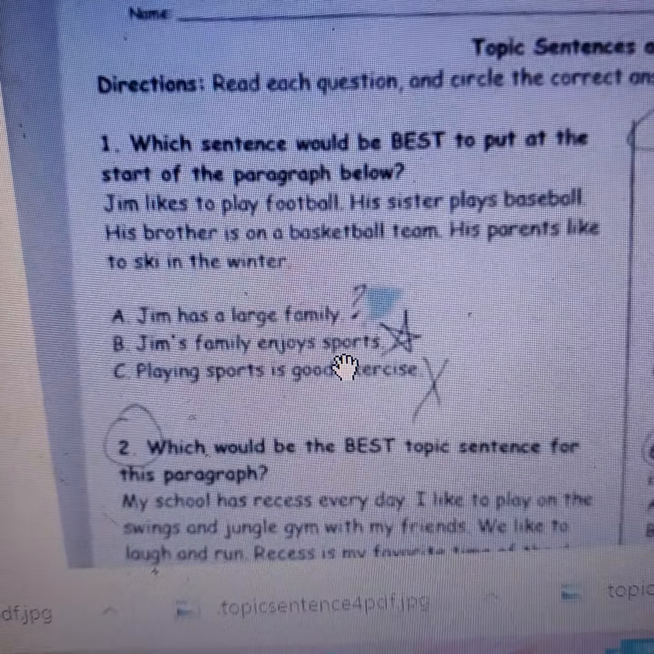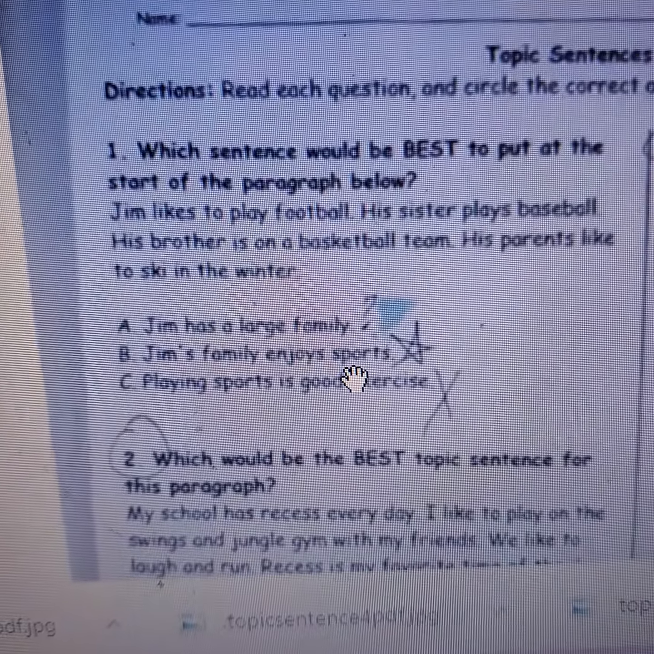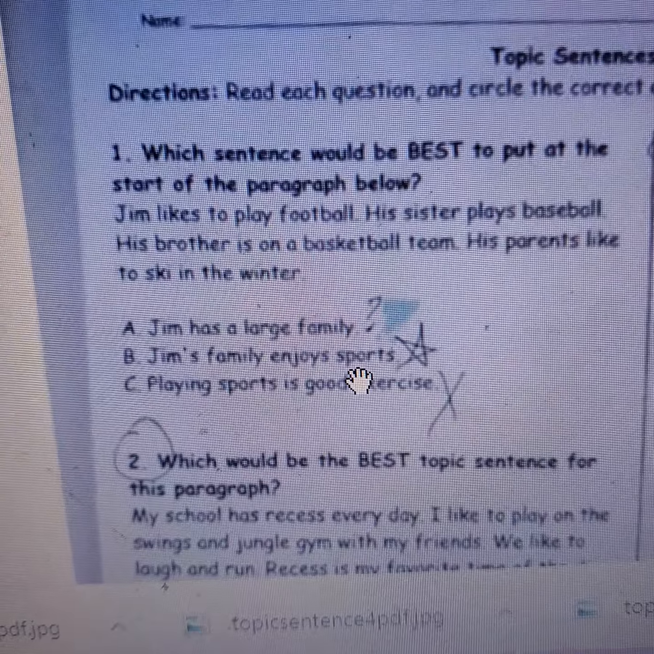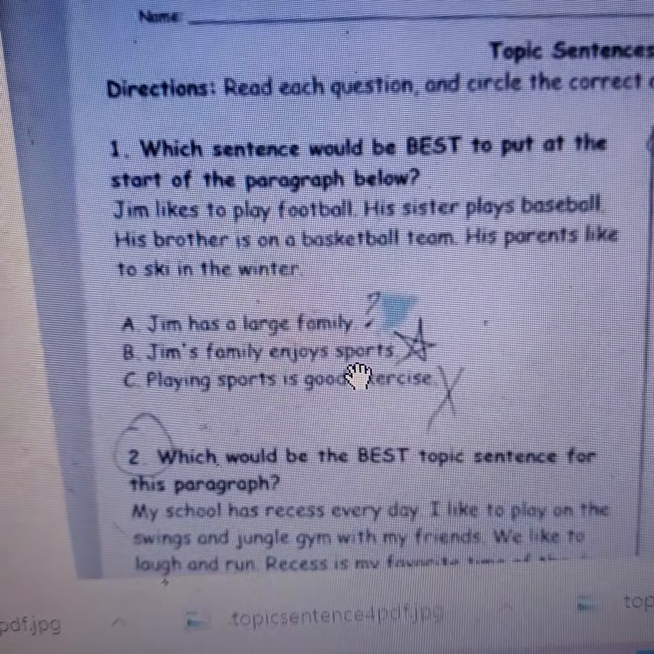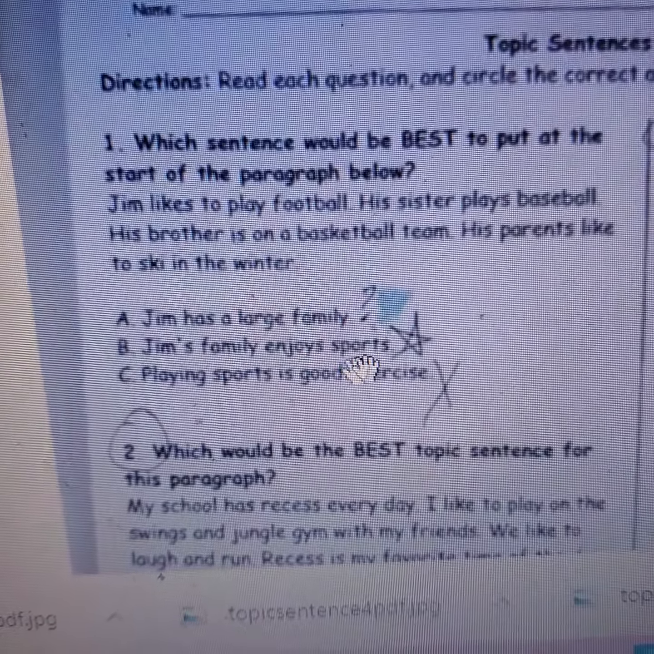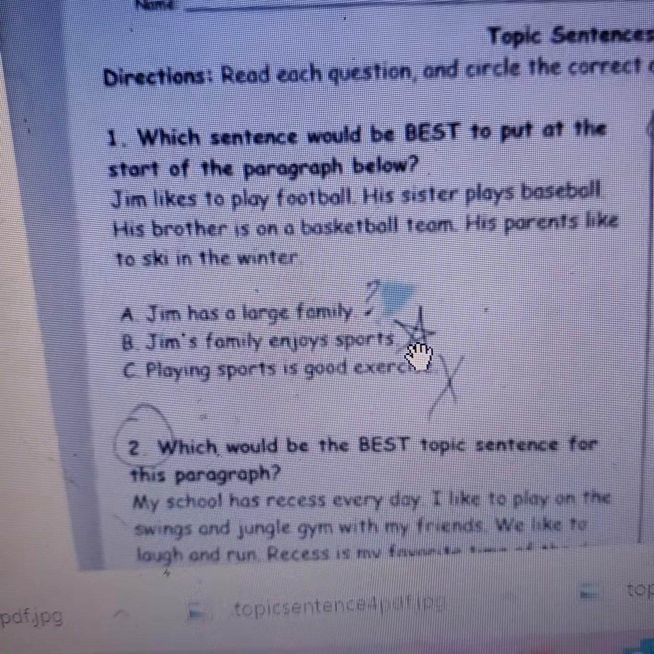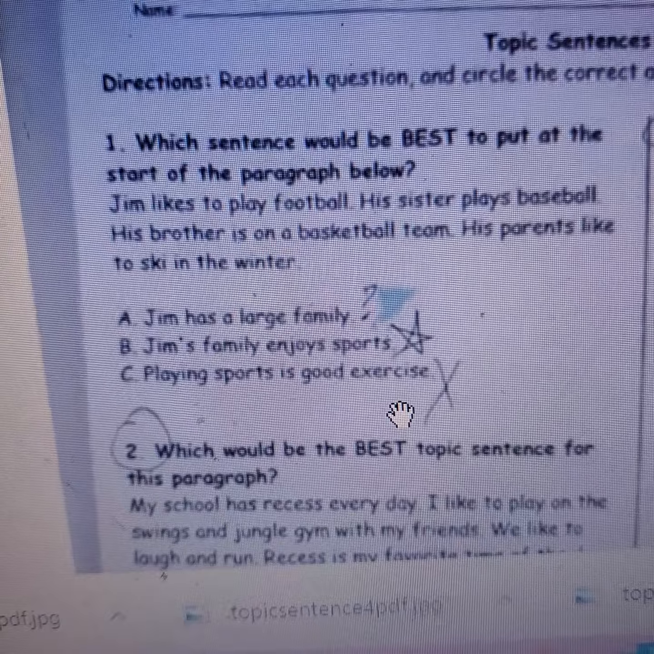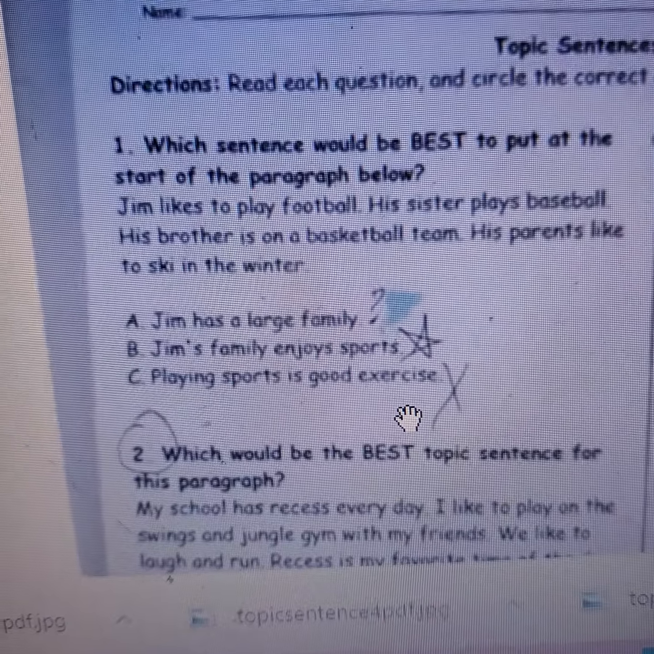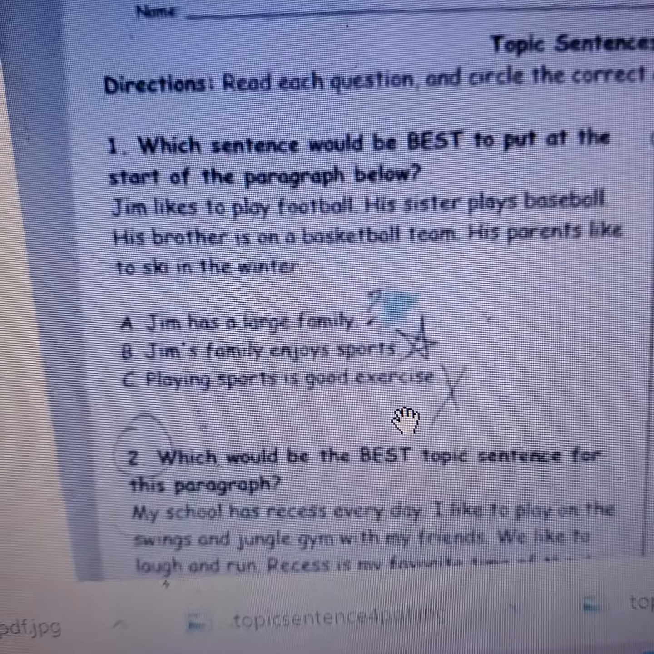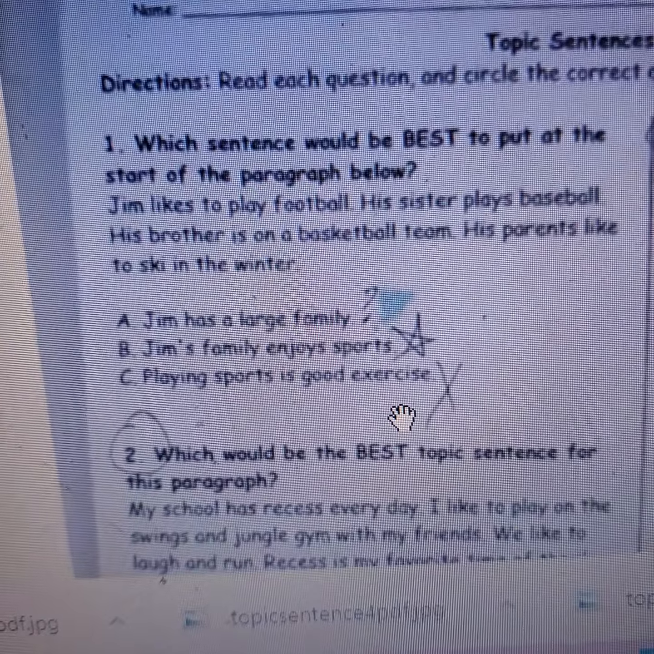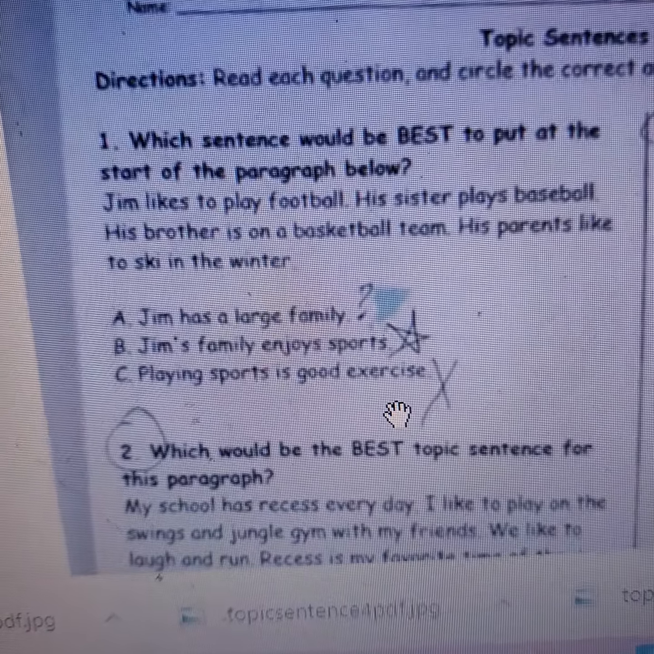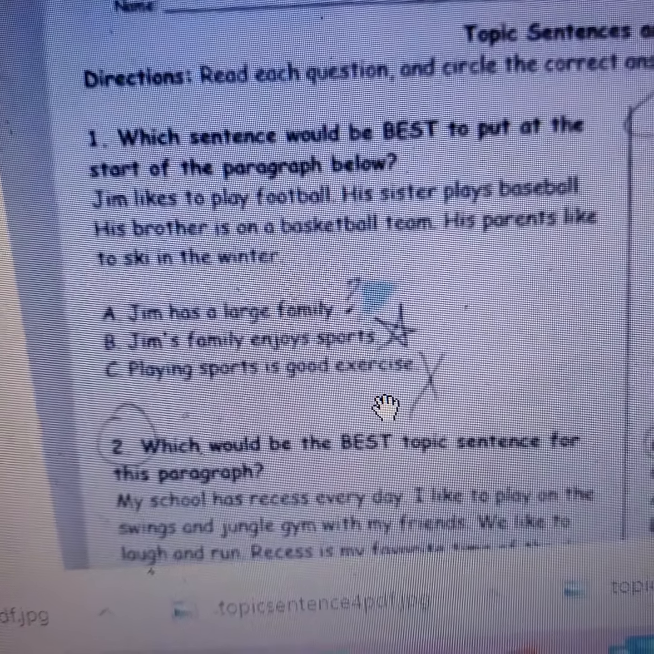My second indication says Jim's family enjoys sports. Okay, well, I like that. It does say something about all of them have a different sport that they use, so I'm going to put maybe a star or a question mark. And then my third option says playing sports is a good exercise. Okay, so remember last week and the week before we talked about how a real or an effective reader understands summaries, and we went into a worksheet where we